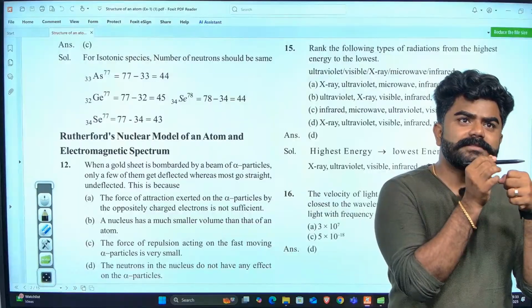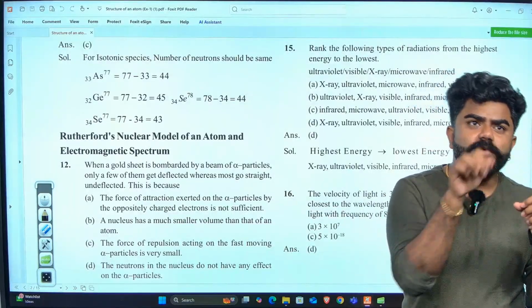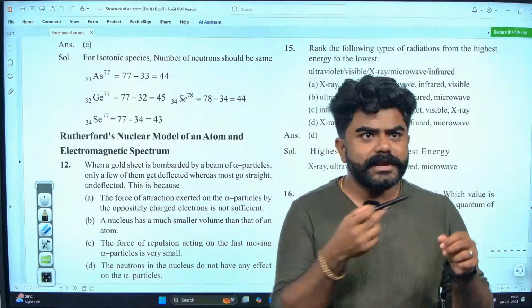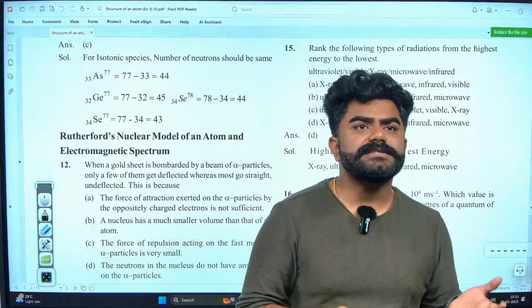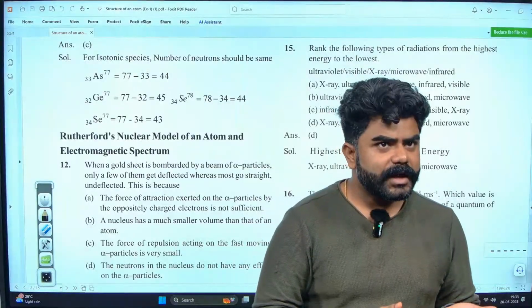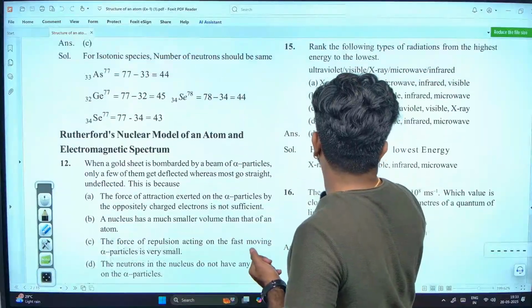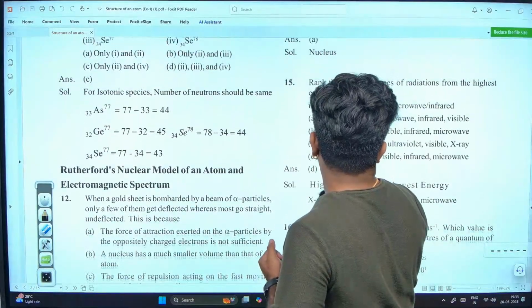When it goes near the nucleus it gets deflected, because the nucleus is positively charged and the alpha particles are also positively charged. So there is a deflection because like charges repel. Correct? Okay. Yes, sir. So option B is the correct answer. Very good. Then